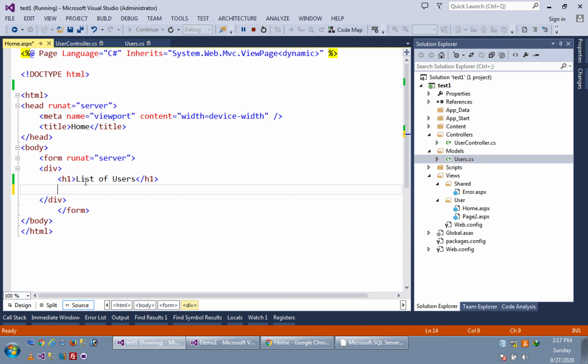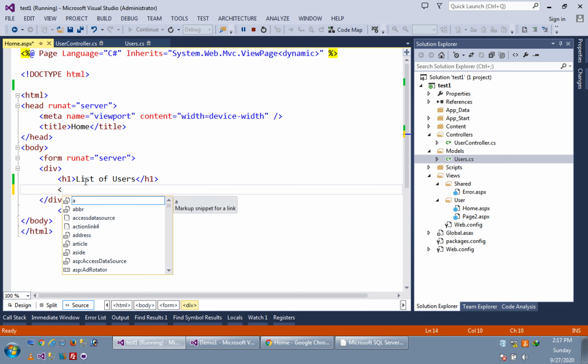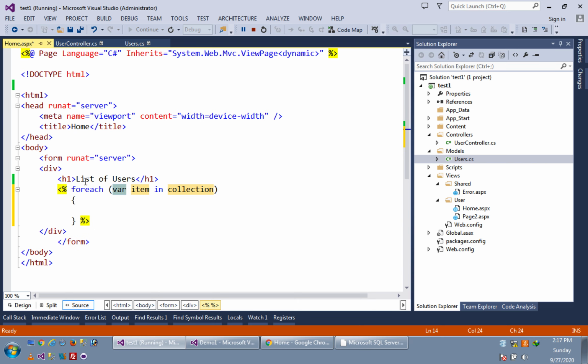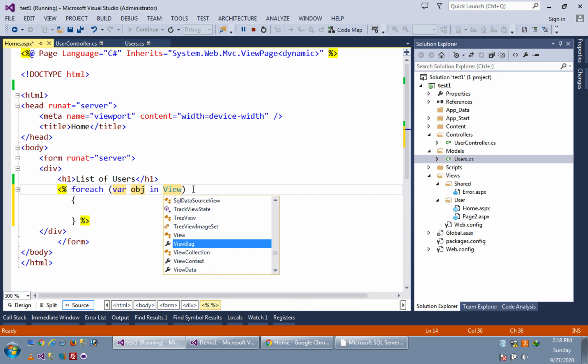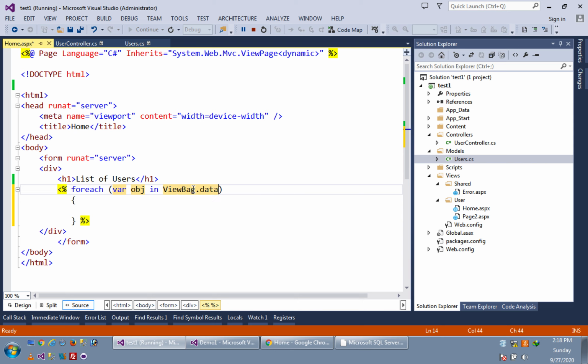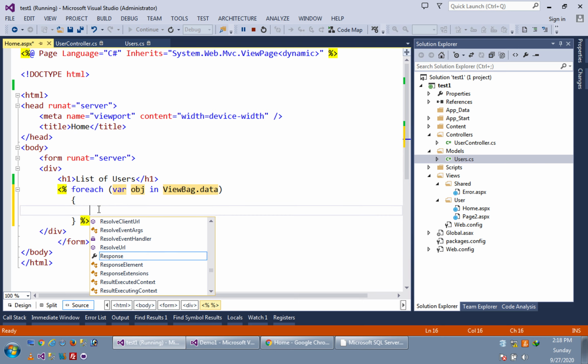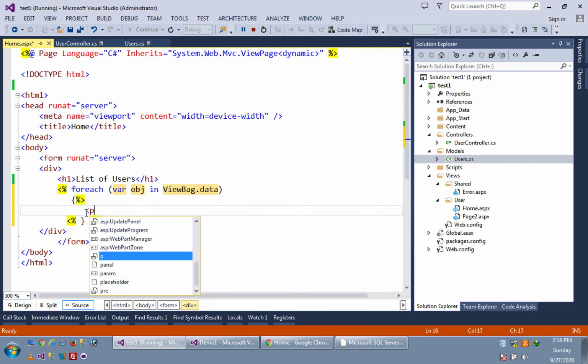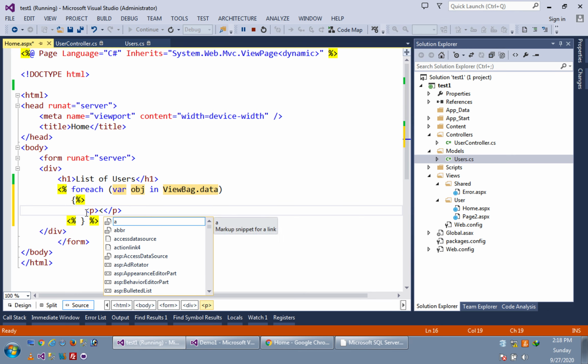For the loop we have to write the code in C#.NET, so for that we have to use this sign. Here I am using a foreach loop, and I am giving the name of each object as obj and the collection, that is ViewBag.data. Here I am just completing this tag, so I can use another HTML tag here. I am using a paragraph tag, and here I have to write the obj's value.